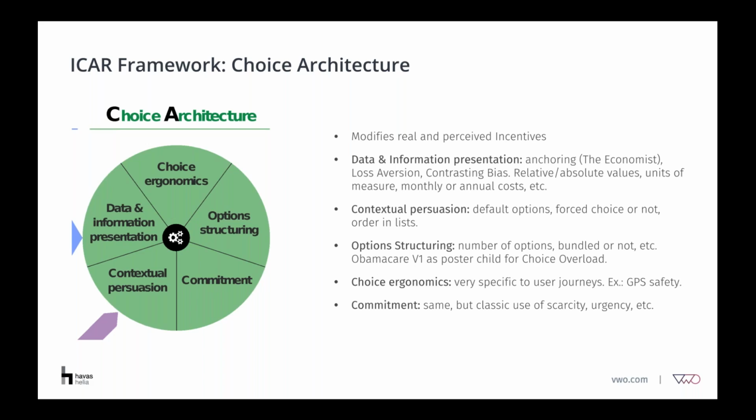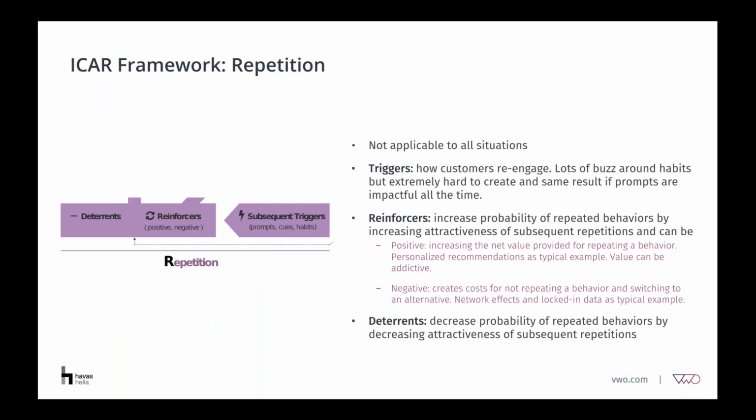GPS safety is an example where drivers, when they went near a school or a daycare center, the voice in the GPS switched to one of a kid. So very subtle, but had massive effects on making people slow down when they hear a kid announcing the directions. So that's a quick example. Repetition here, should switch back to that. Repetition is very valuable, but it requires more time to engage with. You can have the slide and the details on my website, but I've left that slide here because it's important for you to read it afterwards.